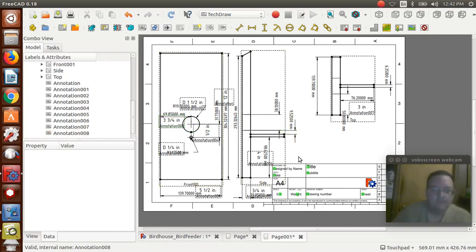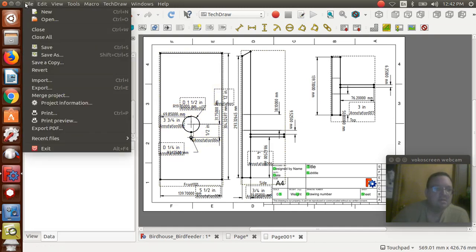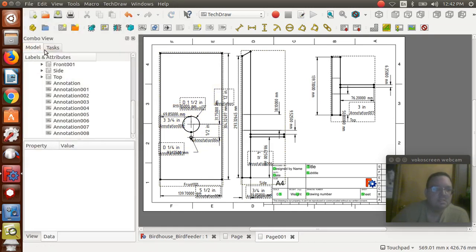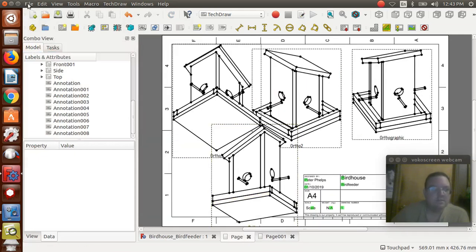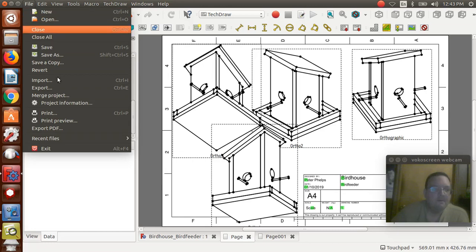Okay, when you're all done, you get as many pieces. You could add a whole lot of pieces to this in different scales and put the numbers in. It doesn't matter. Once you're done, go ahead and go File, Save. That way you've saved your work on the pages. And then you can go File, Export PDF,